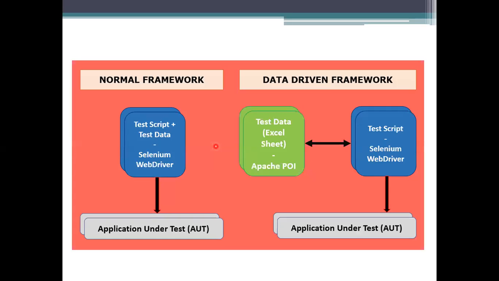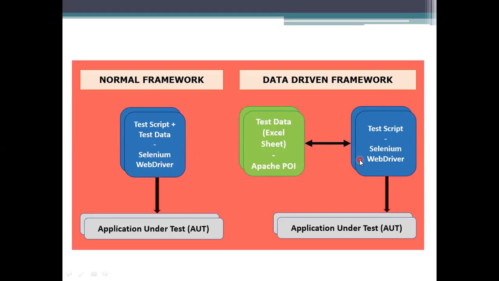And coming to the difference between the normal framework and the data driven framework, here we are not maintaining the test data. So here the Selenium WebDriver is an add-on, and you can also install it. So here it is an automation tool that we are using. This Apache POI representation is one type of data driven framework example. Okay, and the data we are representing is also using the Selenium WebDriver only, but